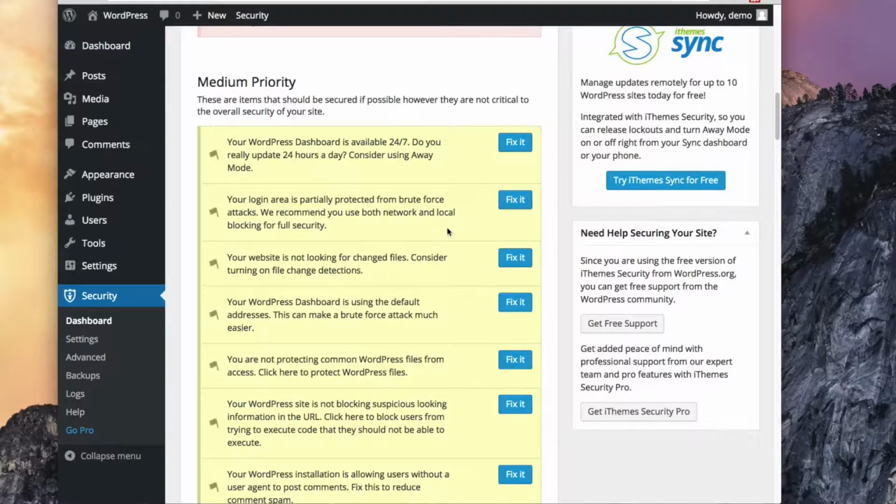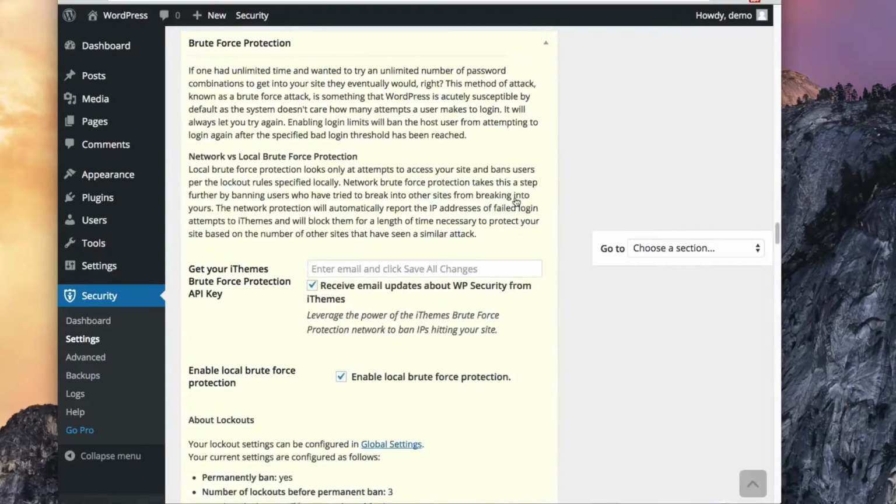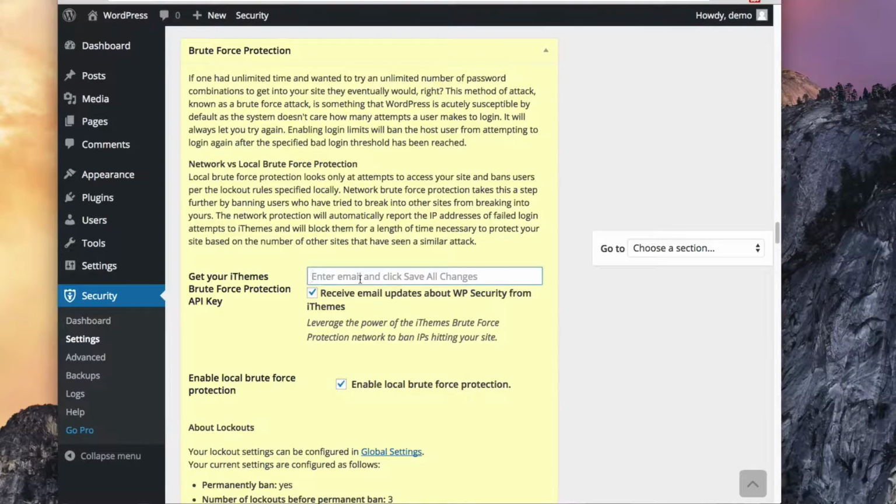Your login area is partially protected from brute force attacks. We recommend you use both network and local blocking for full security. So you can just click fix it there. And what you're going to do here is put in your email address. And when you do so, it's going to get you an API key for brute force protection for the network